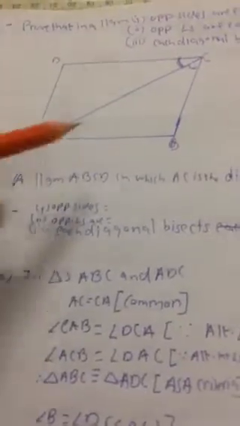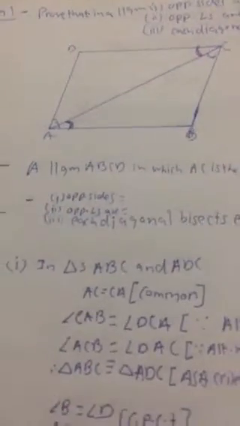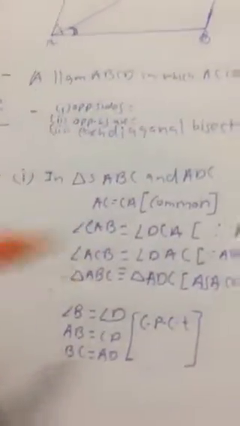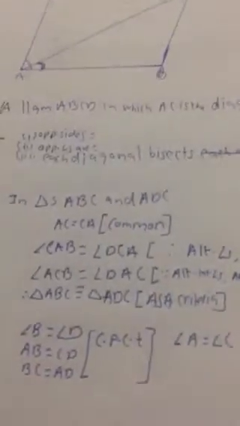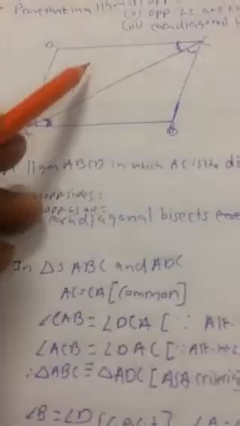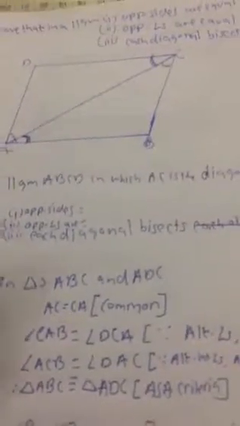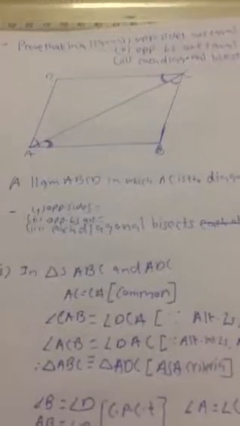Similarly, I can say that angle A equals angle C, because when I draw a diagonal BD, I can similarly prove that angle A equals angle C also. And next is each diagonal bisects the parallelogram. I can see that this diagonal is dividing the parallelogram into two congruent triangles, or it is bisecting the parallelogram. Similarly, when diagonal DB is joined, I can say that triangle DCB will be congruent to triangle DAB. So each diagonal bisects the parallelogram. Hence,